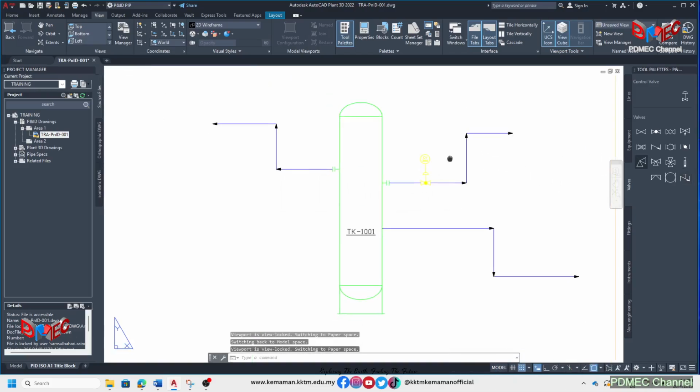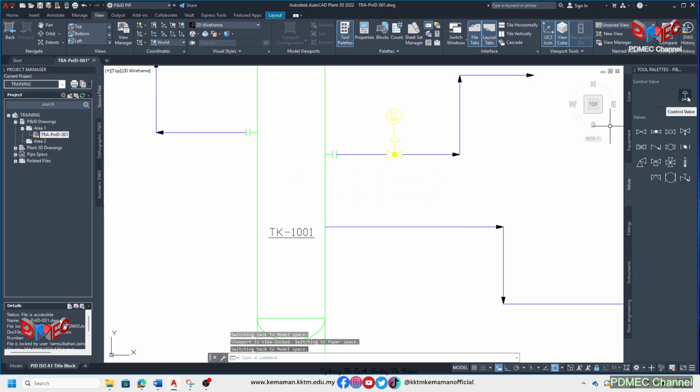Okay, let's say I try to add a new control valve here. Click here. It will directly choose the previous setting that I already selected. My previous setting is globe valve, globe valve body style, and the actuator is something like this. So how to change